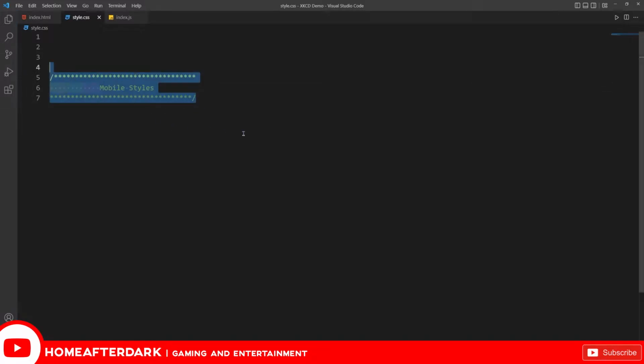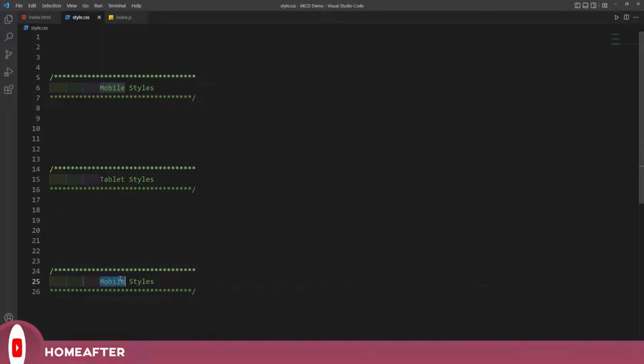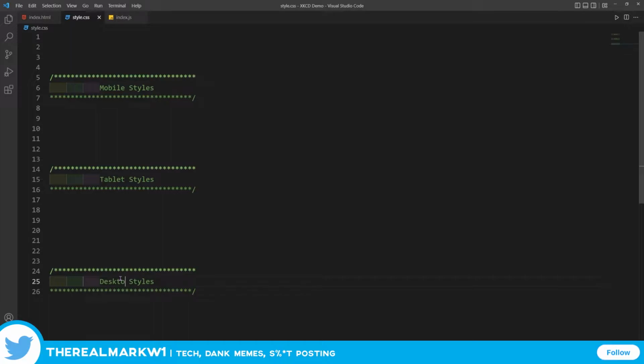And then we could copy this, and then we could go down here for our tablet. I thought I selected the whole word there. Tablet. And then desktop. There's different ways of splitting up your CSS. You don't have to do it all in one file, but I'm doing it for just the purposes of this